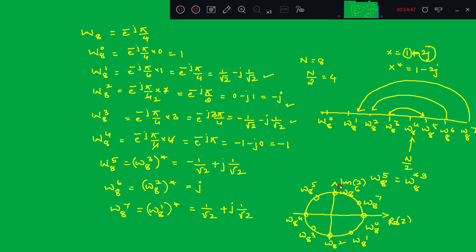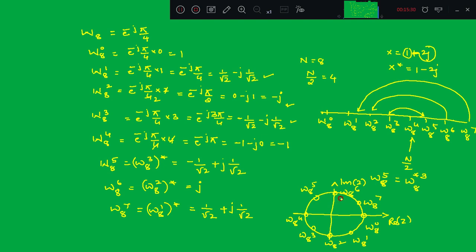Since the number of samples is even, all samples of this sequence are located at equal distance, right? So if you calculate the distance between each sample value for the unit radius circle, you will get a constant distance. And since there is a constant distance, the resolution of this DFT is fixed, constant. You cannot change the resolution because the distance between each point remains constant, so you cannot vary the resolution, right? So this is how we located the various samples of the complex sequence over the unit radius circle.